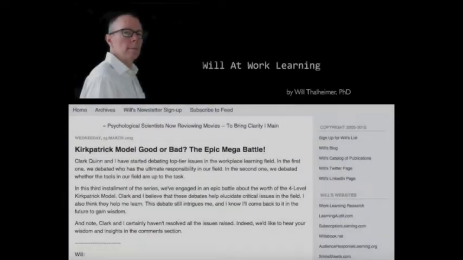And the title of his post is Kirkpatrick Model Good or Bad? The Epic Mega Battle. And there's a debate basically in the blog post between Clark Quinn and Will Thalheimer, going back and forth, having a spirited exchange about the Kirkpatrick model. And I found it quite fascinating, actually. I'm not even really too sure where to begin with this particular topic. I mean, they both cover their thoughts so thoroughly that it's hard for me to go in and even tell you. So I guess the first thing I'll tell you is go to